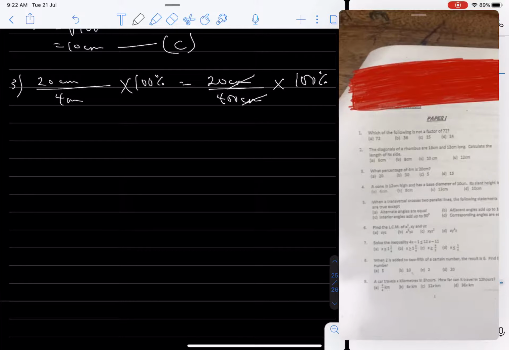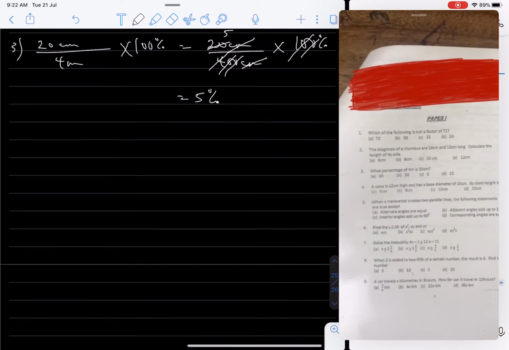Centimeter cancels centimeter, 0 cancels 0, 0 cancels 0, 4 into 4 is 1, 4 into 20 is 5, and the answer is 5%. The correct option is C. Now number 4,